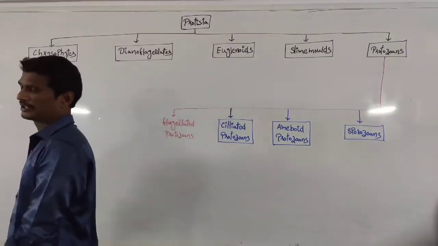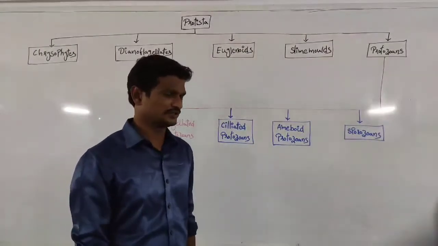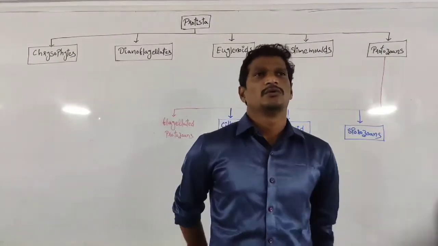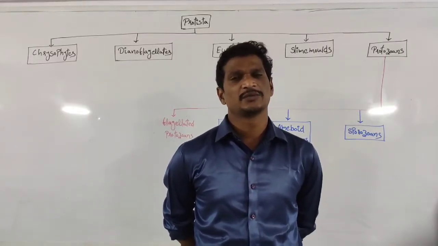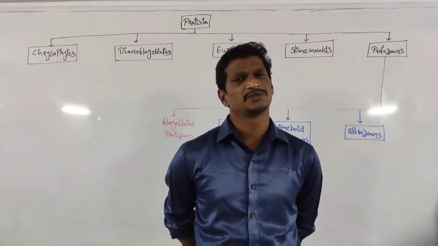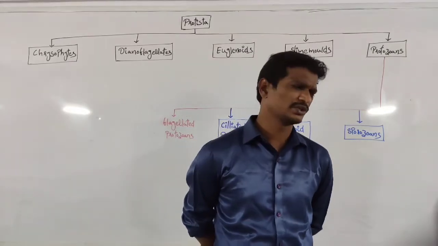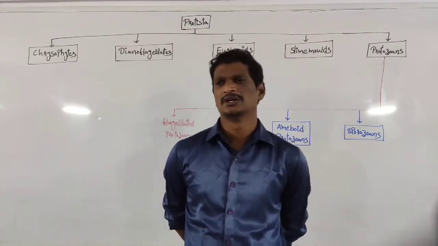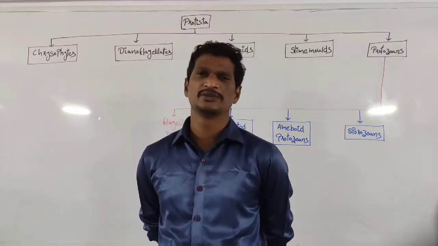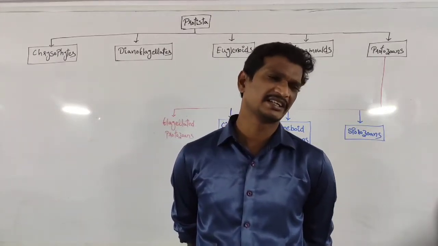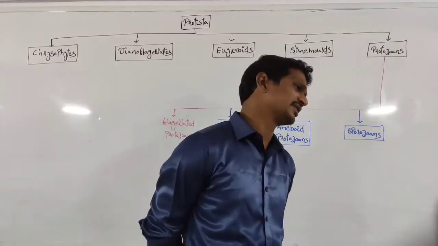Hi students, coming to the next topic, the Protista. In the last class, we discussed the kingdom Monera and the subtypes within the kingdom Monera. We discussed the five kingdom classification. According to the five kingdom classification, within Monera there are Archaebacteria, Eubacteria,